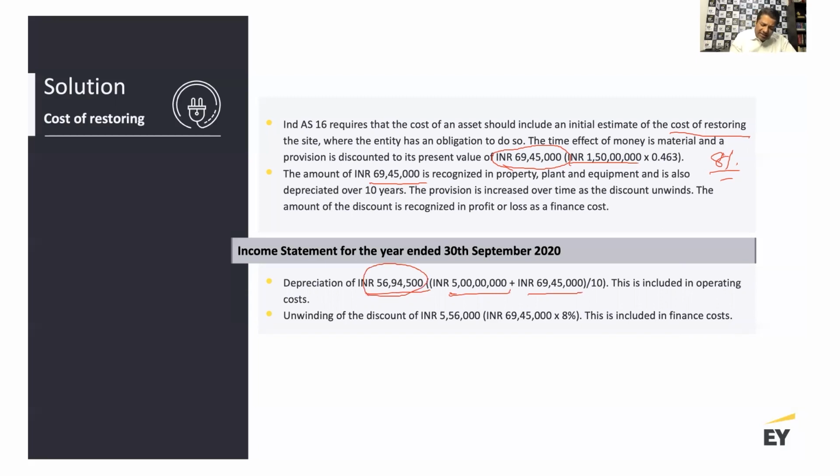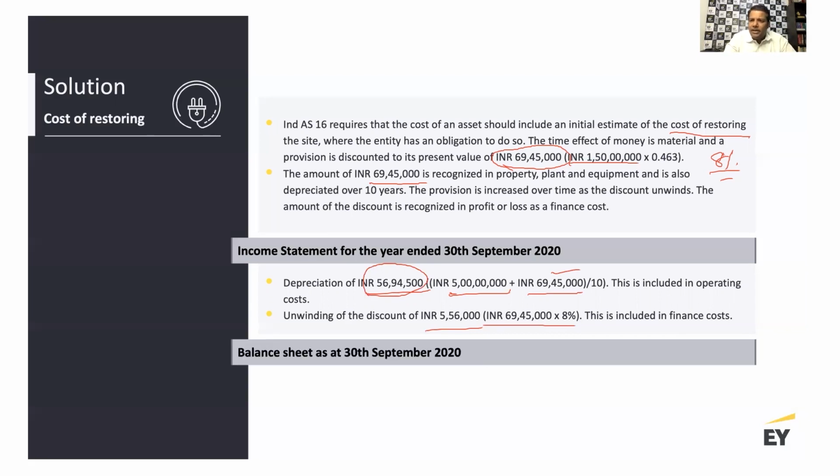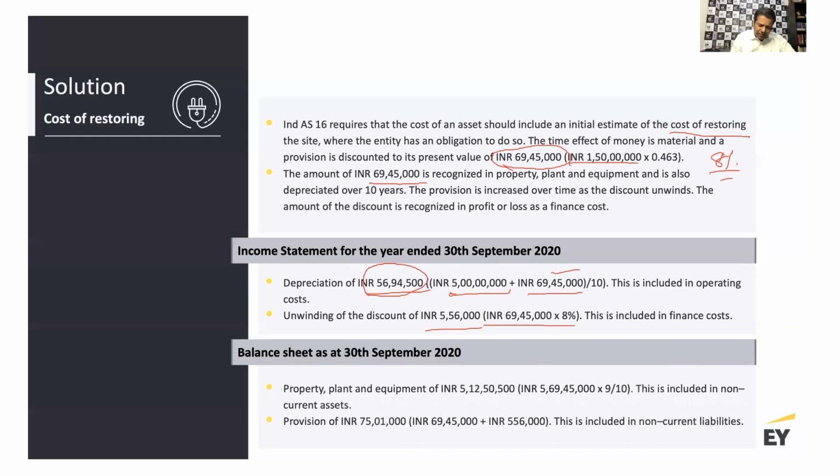And then on 69,45,500, I'm also going to record 8% unwinding, which is 5,56,000. That's my total cost in my period. Now, when I look at the balance sheet presentation, my property, plant and equipment will be the total cost which I have capitalized, 5 crore 69,45,000, and then I'm going to reduce by the amount of depreciation which I have charged, which is